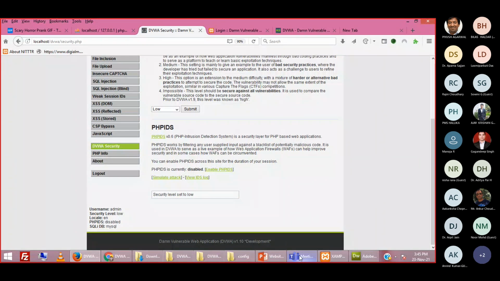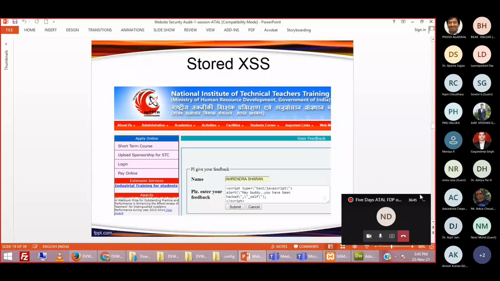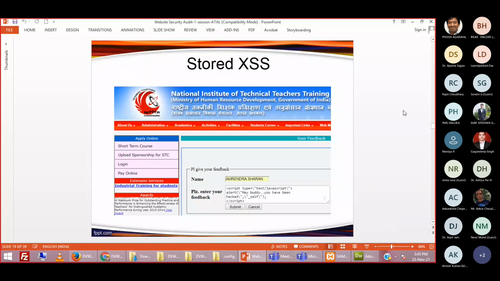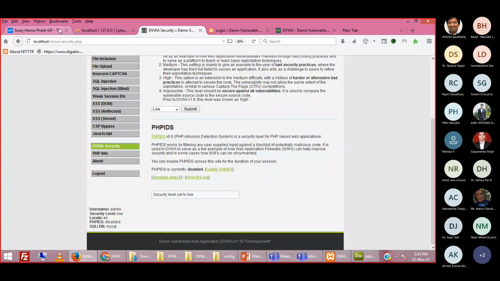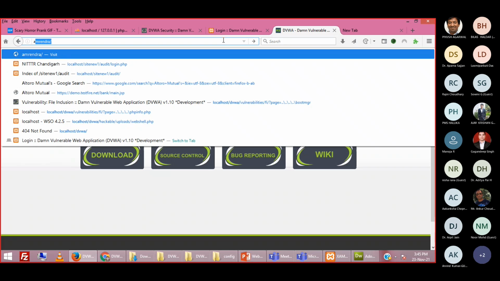So now I'm going back to my previous slide, which I was explaining yesterday. We have covered this stored XSS, and we have seen that this stored XSS is very dangerous. If someone writes a dangerous script in your database, in your file, then it will be very problematic.